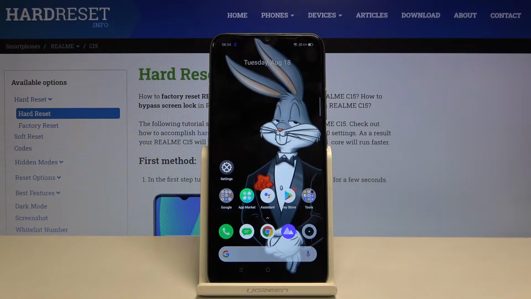Hi everyone, here we've got REALME C15 and let me show you how to change keyboard language on the following